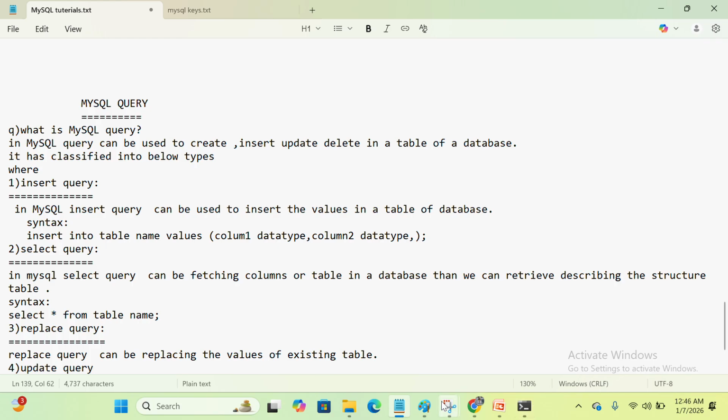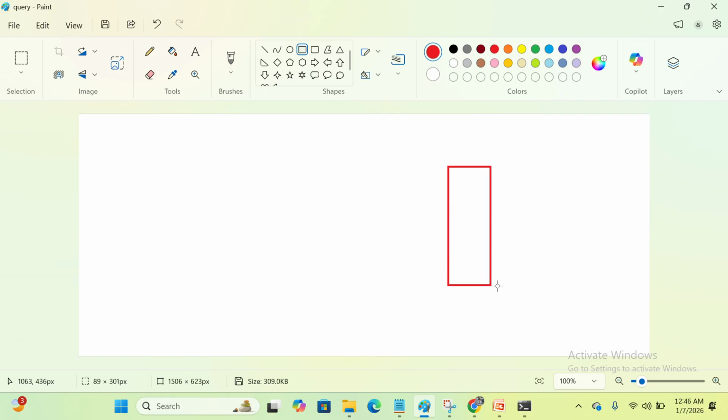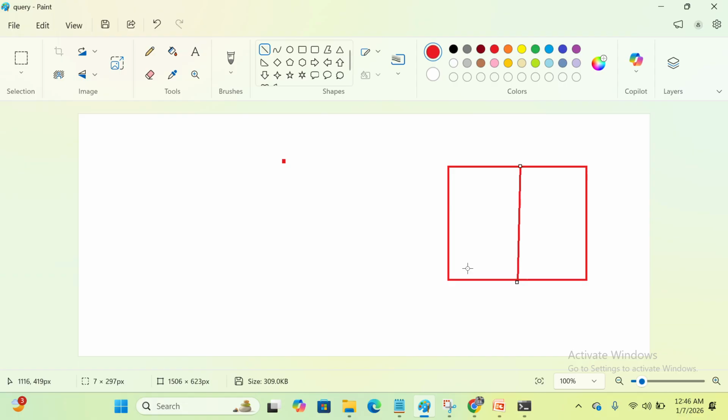For example, an admin already created a table, one table, like, suppose